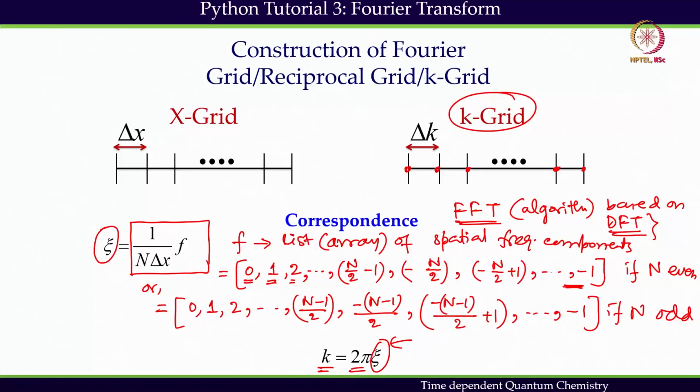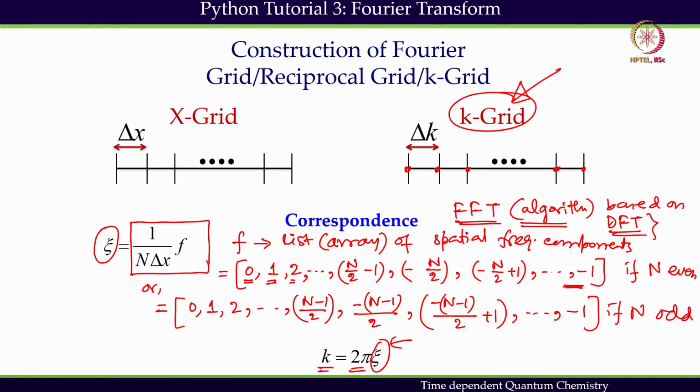Welcome back to Python tutorial 3 of the course time dependent quantum chemistry. So far we have presented what the basic theory behind the construction of the K grid is, and this is done based on discrete Fourier transform. We are not getting into the details of those theories, we are just using the final solutions and moving forward for the numerical implementation. So, what we have seen here is that whenever I use this FFT algorithm for the construction of the K grid,